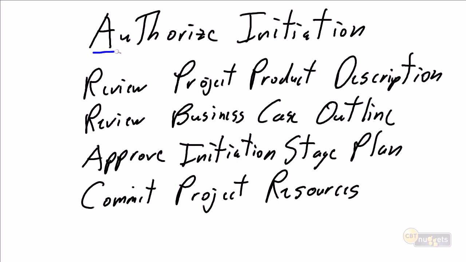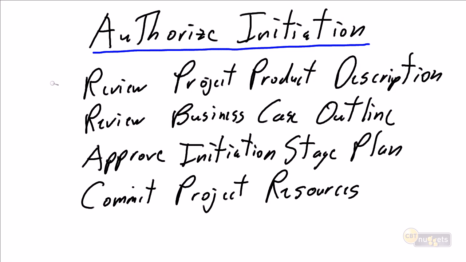And the first activity in Direct the Project, DP, is Authorize Initiation. This is again where we present the eureka moment, where we present the project description, the project brief, our outline business case to senior management, and present the cost justification to senior management and get their approval that says, yes, this project makes sense. This is a good use for our scarce corporate resources. Please proceed and begin to plan this project.